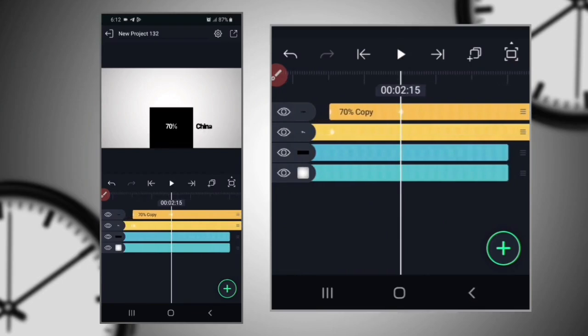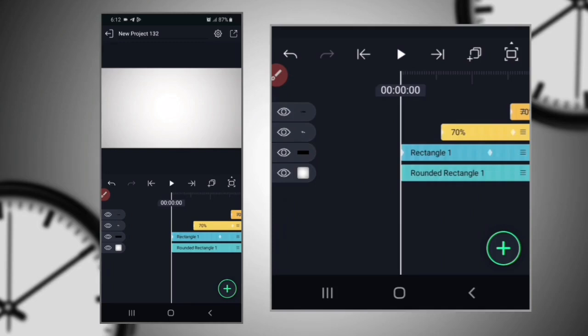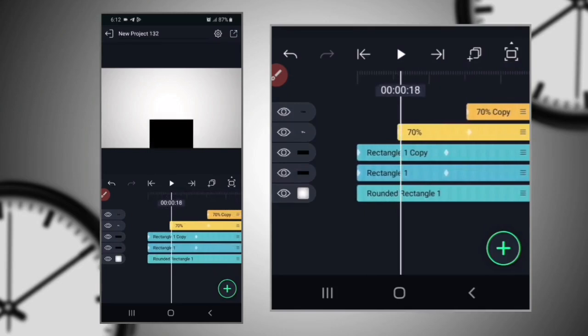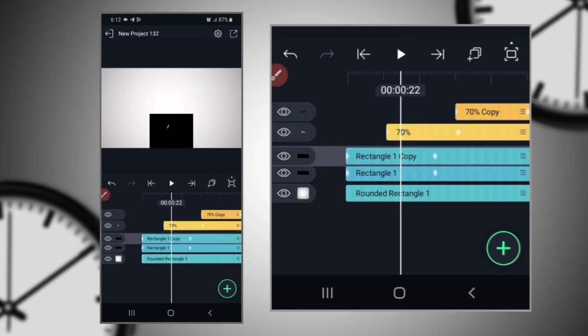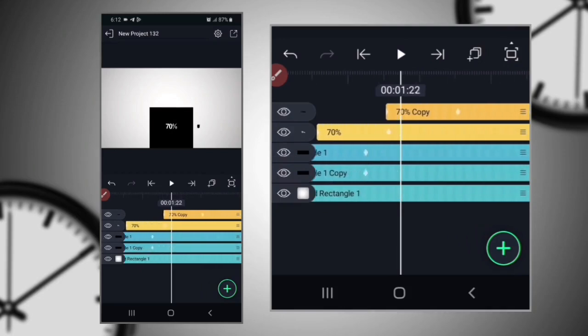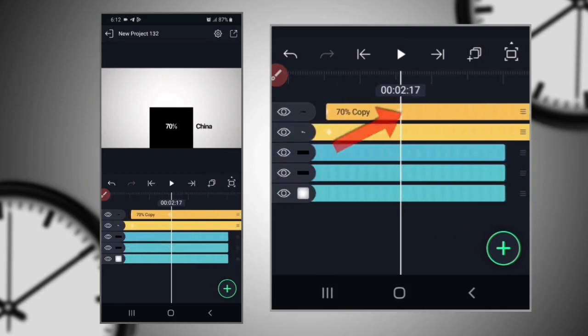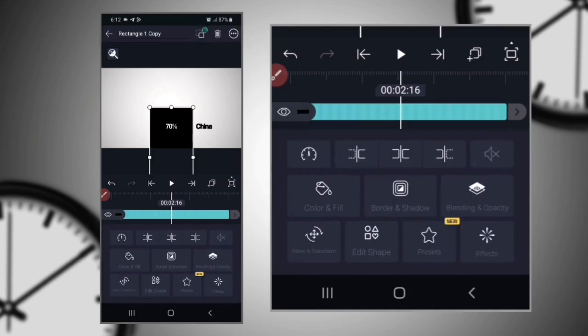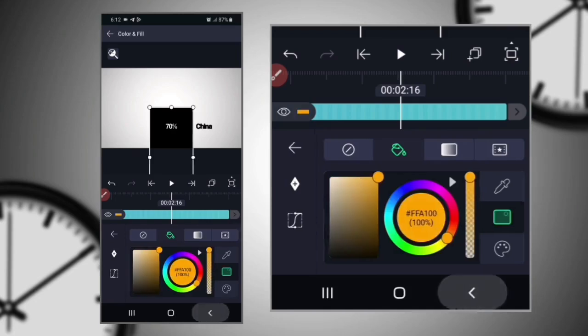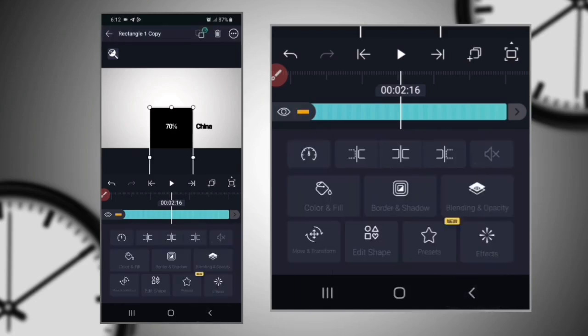Now click on this rectangle number 1 here and then duplicate it. When you duplicated this, then hold this copy rectangle, then bring it down below the main layer. When you did it, then simply come at this point where the second keyframe is ended up, and then click on this copy layer and give it a color that looks perfect on your animation,